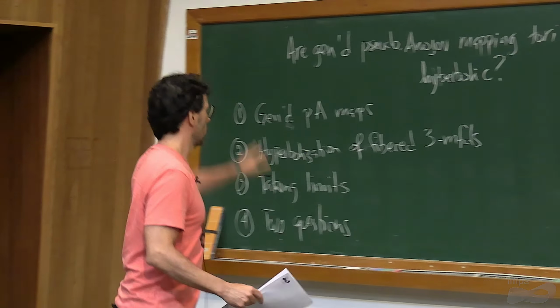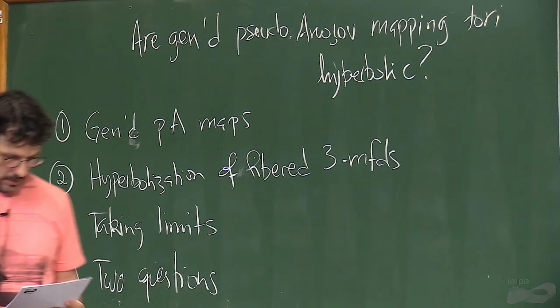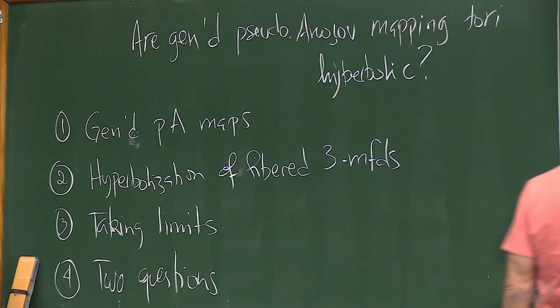So I wrote down here what I want to talk about. I'd like to start by saying what generalized pseudo-Anosov maps are, and then I'll briefly recap what the proof of hyperbolization for fibered 3-manifolds is, because I want to relate this to generalized pseudo-Anosov maps. Then I'll change tack and try hyperbolizing generalized pseudo-Anosov mapping tori by taking limits. I'm not going to manage, but there'll be something interesting that will come up, and then I'll end with two questions. So the first thing I'd like to say is